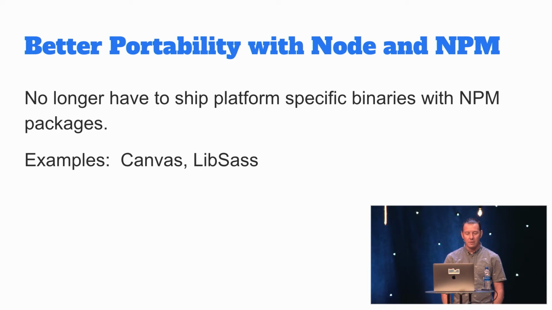For example, we were trying to use Canvas, which is like a mock of the HTML canvas for Node, and it was failing to install. It didn't have a binary for the specific Docker image we were using or something. So instead of packaging a ton of different precompiled binaries for all of these different platforms and processors, you could use WebAssembly, and now you have a portable binary that's going to work across all hardware. libsass was another one that I've run into in the past that kind of gives you headaches.